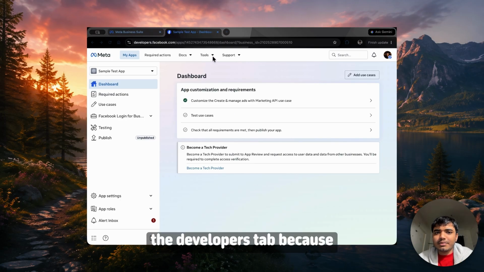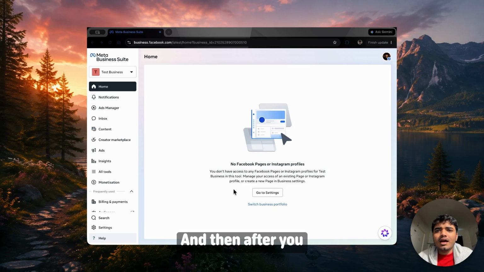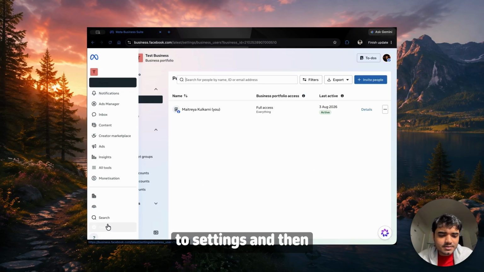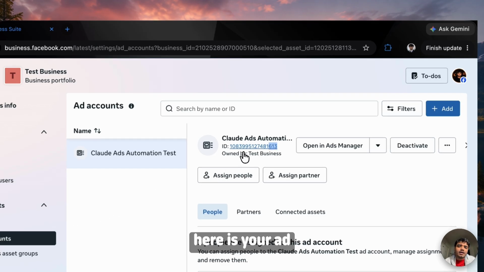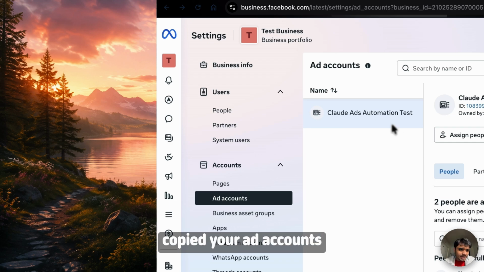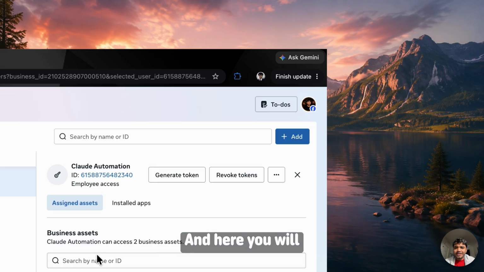just close the developers tab, because now the rest of the keys you will find on the Meta Business Suite. And then after you log into Meta Business Suite, when you are on your home screen, you have to go to settings and then go to ad accounts. And the first thing you will copy from here is your ad accounts ID, which you have to click to copy. And after you have copied your ad accounts ID, go on to system users, and here you will first